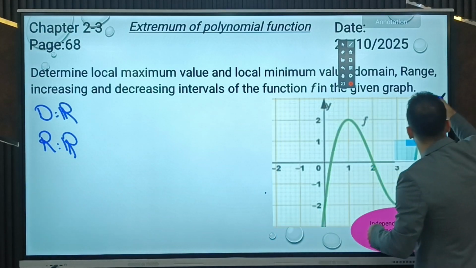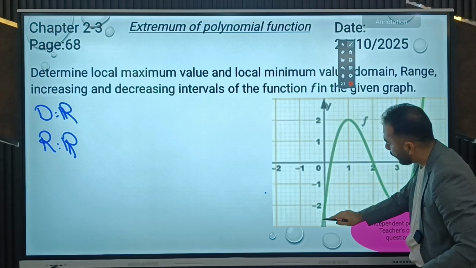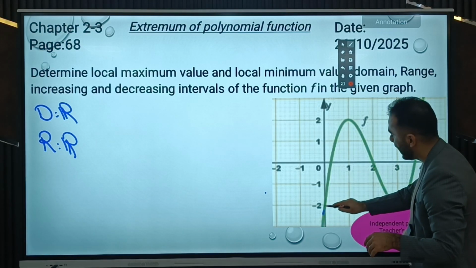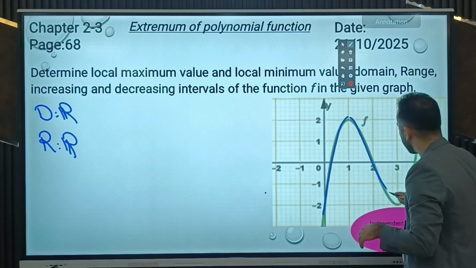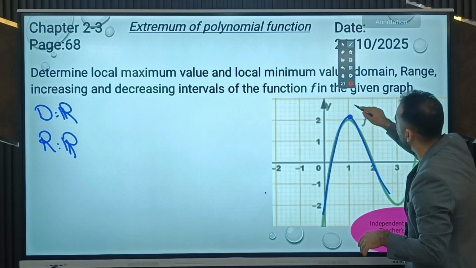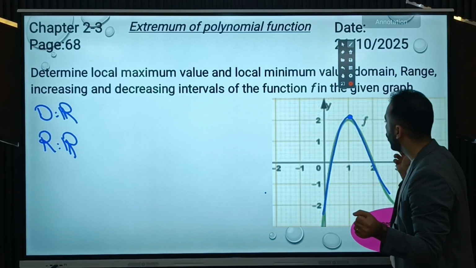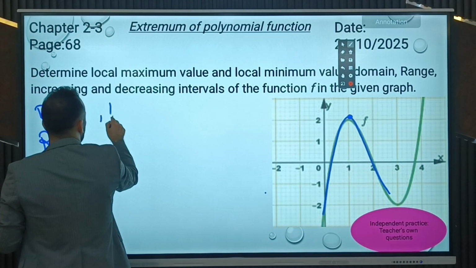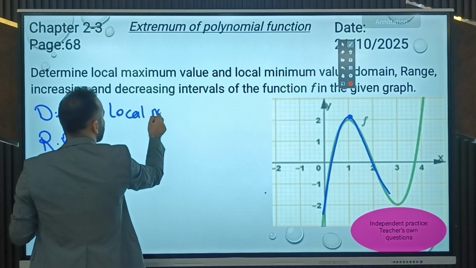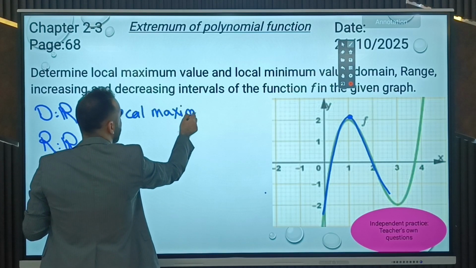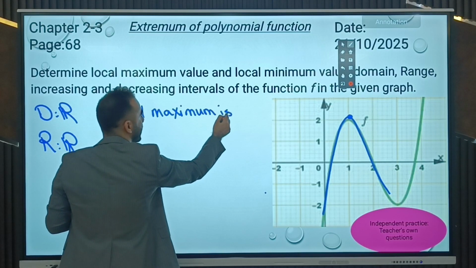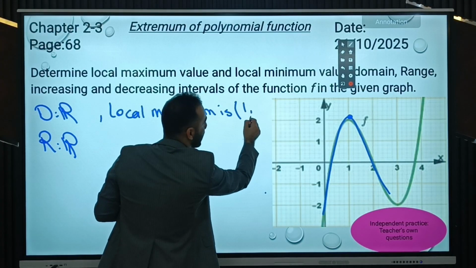From left, it's increasing, then decreasing. So that is exactly the definition of local maximum. So the local maximum point is 1 and exactly 2. And the local minimum